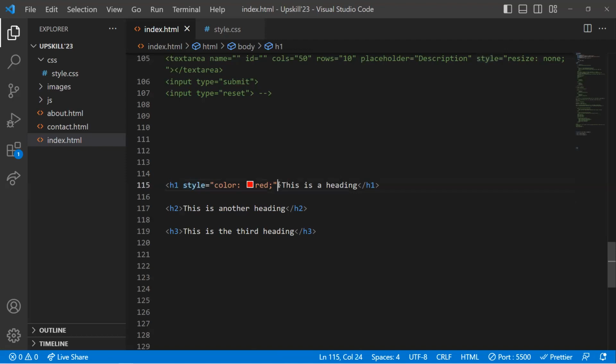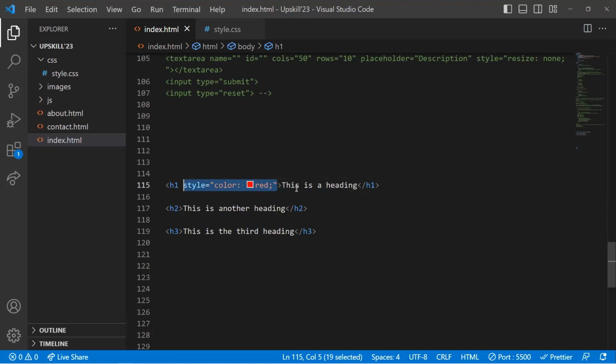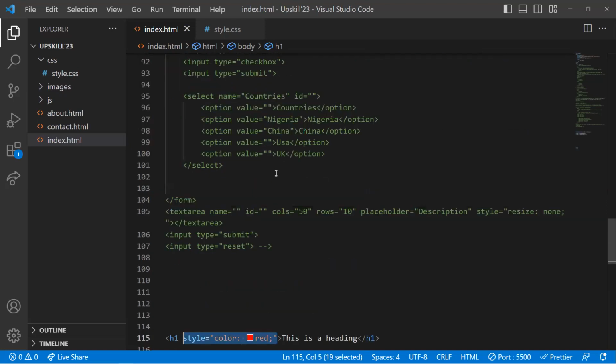Now, like I explained before, we have this thing called attributes. Attributes, as I explained before, further describe the elements, right? It further describes the elements. So everything that is here,